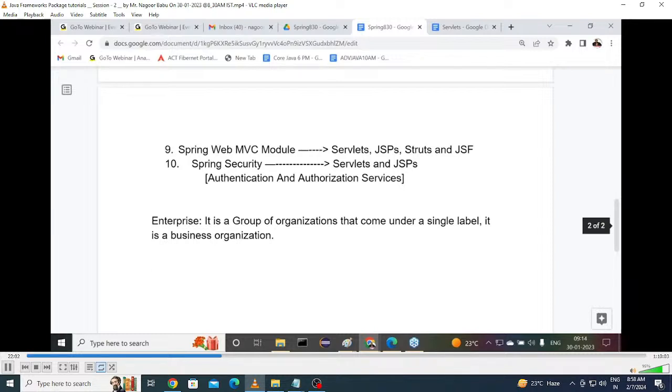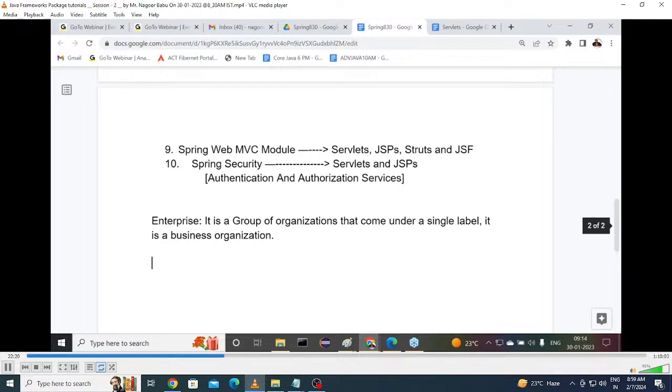This is a general awareness point I'm telling, not too much technical content here. What is an enterprise, in the sense? These many things here we are able to get clearly. Right, so that's okay, fine. This is the meaning of an enterprise. All of you are getting clarity? What's the meaning of an enterprise? Can you know? All right, sir.